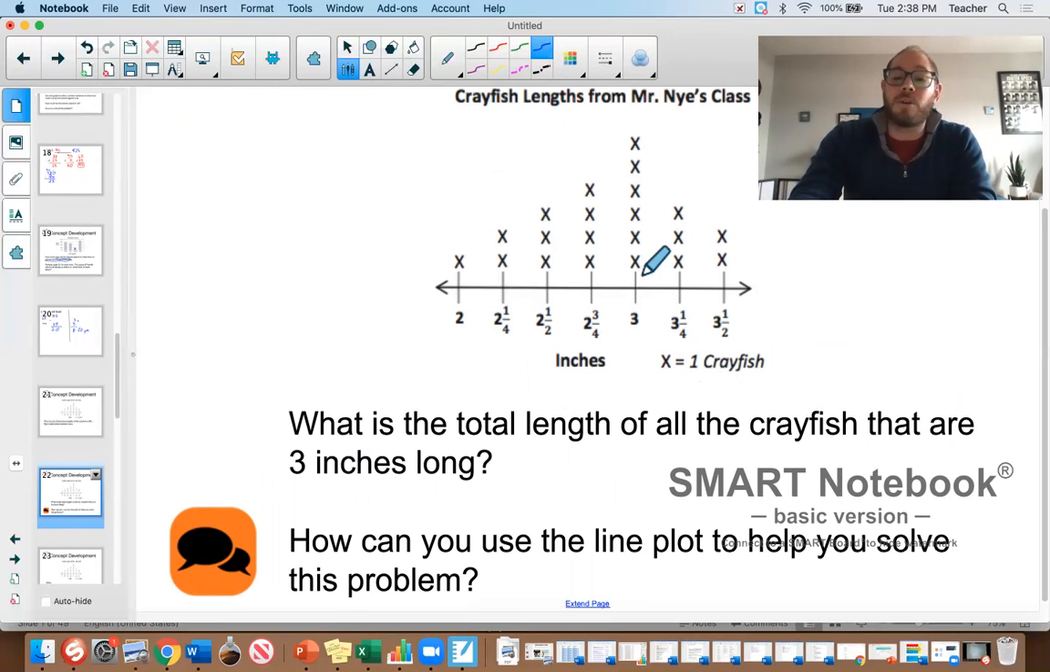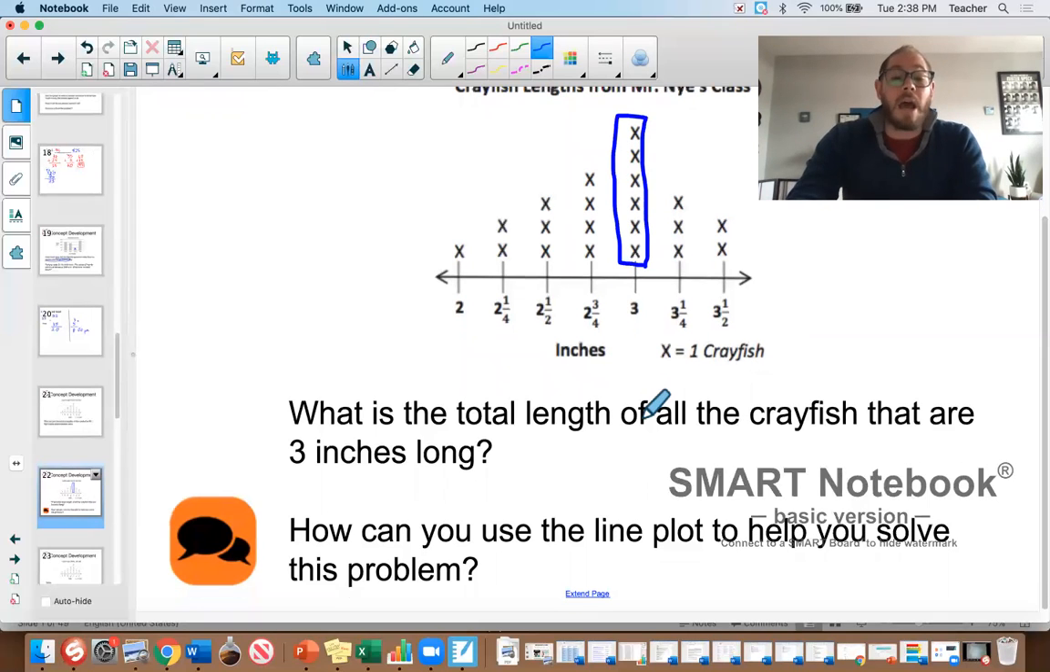The first question says, what is the total length of all the crayfish that are 3 inches long? So I only want to worry about these crayfish that are 3 inches long. So let's see, how many crayfish are there that are 3 inches long? I can count them up. 1, 2, 3, 4, 5, 6. So there are 6 crayfish that are 3 inches long,